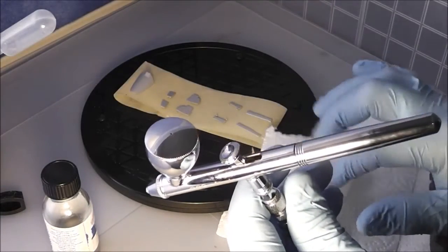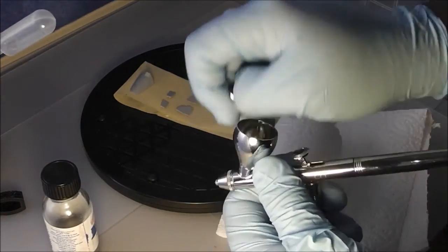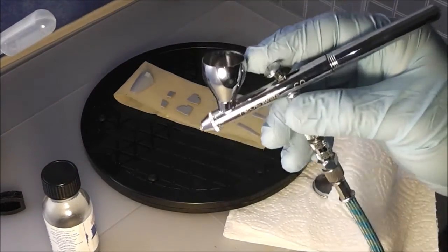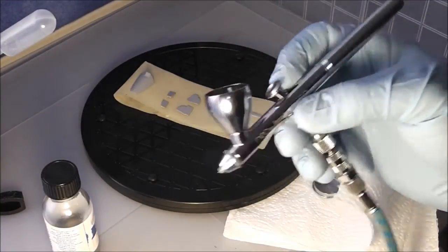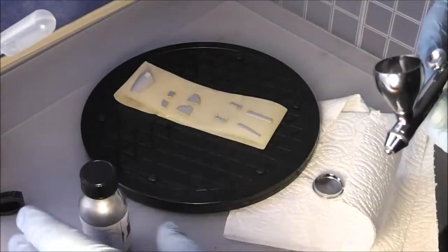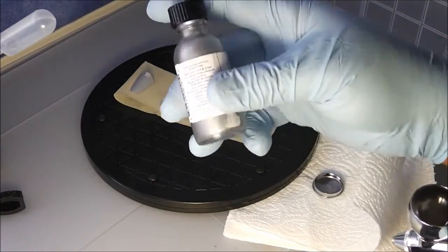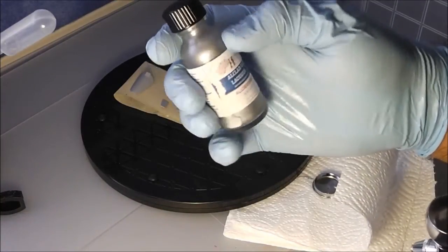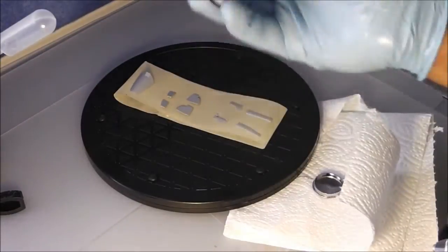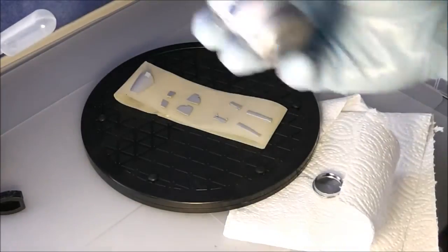But I'm using gloves. Also have the fan behind me. And let's get ready to load the airbrush. Now this is very thin. The paint is very thin, so you're gonna go through it quite fast, which sucks because these things are really expensive. I think I paid $8.95 for a bottle. This is the bottle that Rich gave me, which is almost like halfway full or halfway empty. But yeah, so I went ahead and I bought another one, and it was $8.95 at my local hobby store, which sucks, but hey,